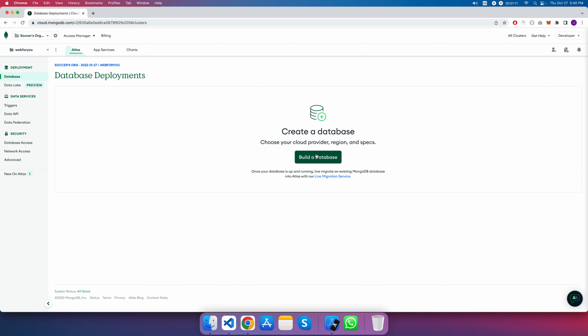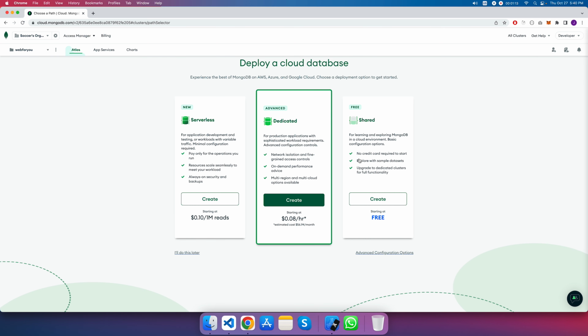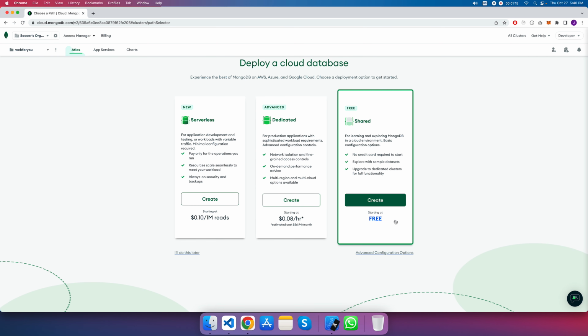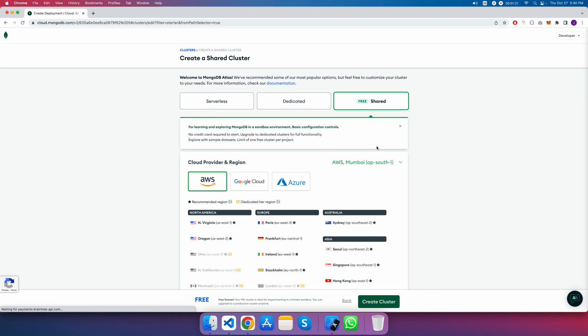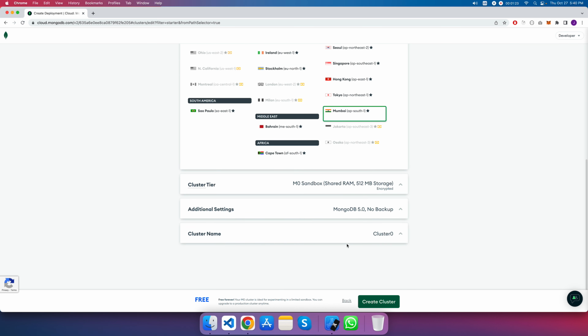and then click build a database. So it will be a free package for us, so click on create, and then everything will be the same. And if you want, you can change the cluster name, but I am going to keep it the same. So create cluster,